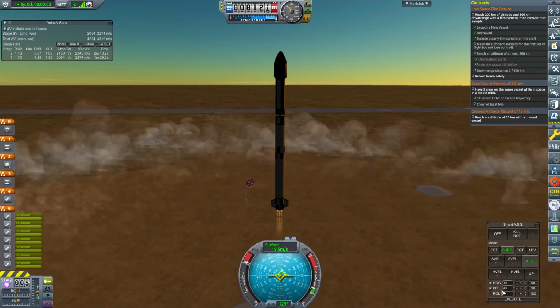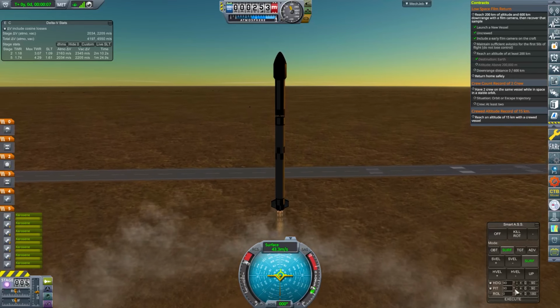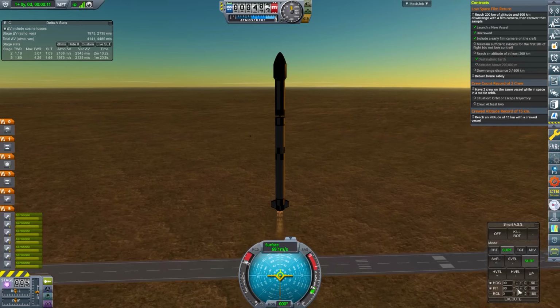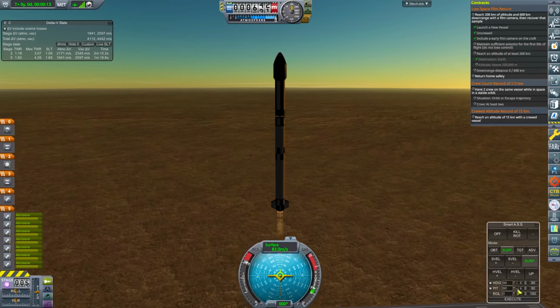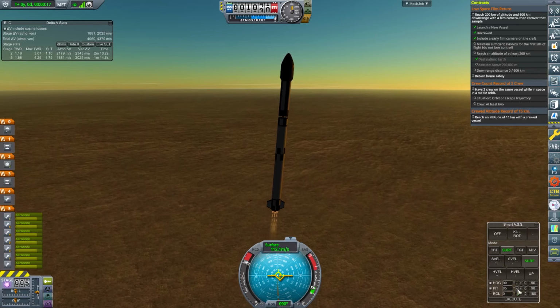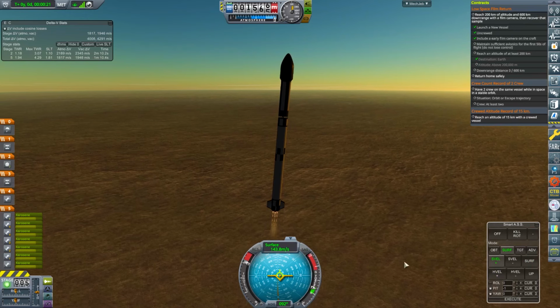I don't know if it's the smart ASS. I don't think it's something. I just don't know what it is, and it's annoying. And it's potentially with these engines, it's potentially, I don't know, something going on. Right, so let's see, we get to 80, and then we're going to turn. That's what we're going to do. And then we're going to head on up, and then I'm going to put it onto surface velocity, but put